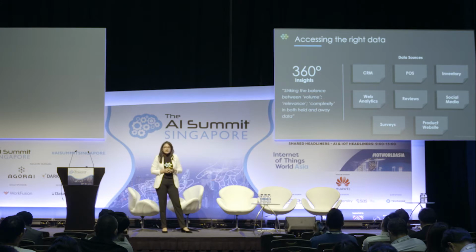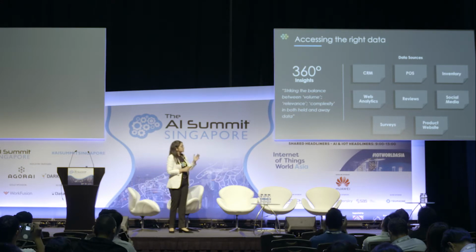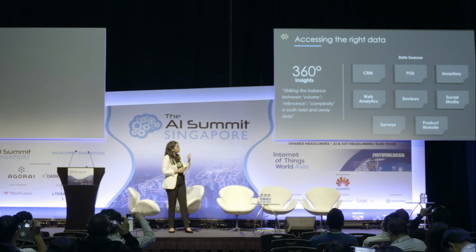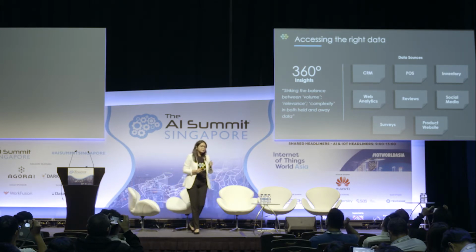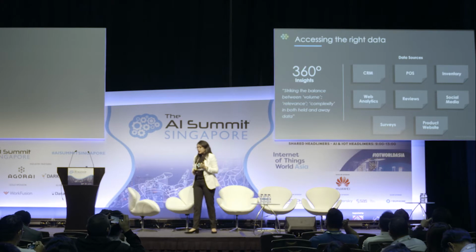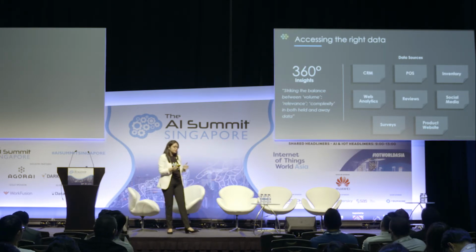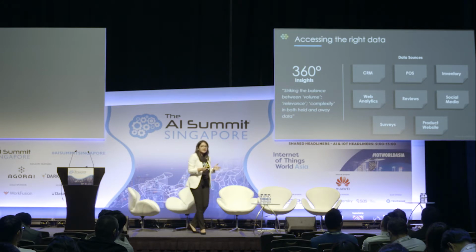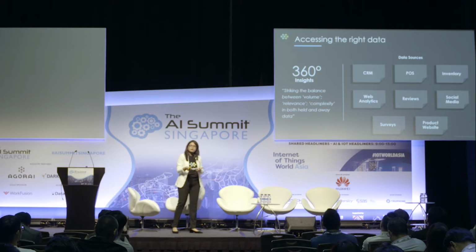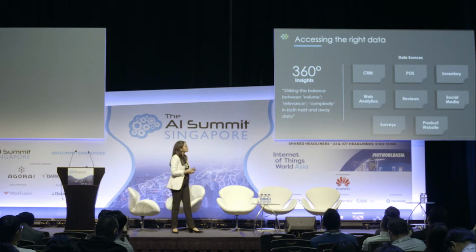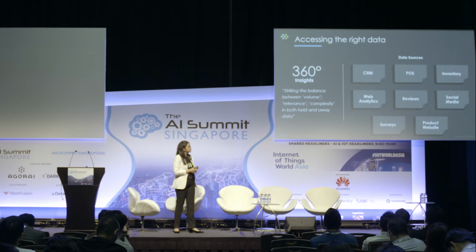In terms of the data sources, we looked into the CRM data, the point of sale data, the inventory data. This became important because we realized, for example, for the e-commerce platform, their inventory data was not synced in real time. So often the platform was showing products that were not even available in the inventory at that point in time. So that became a differentiating capability in the new solution. The web analytics data, social media, survey data were available.